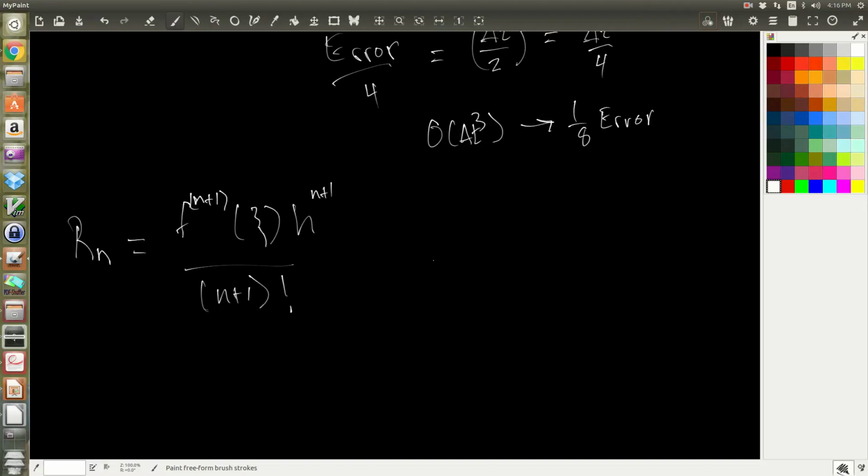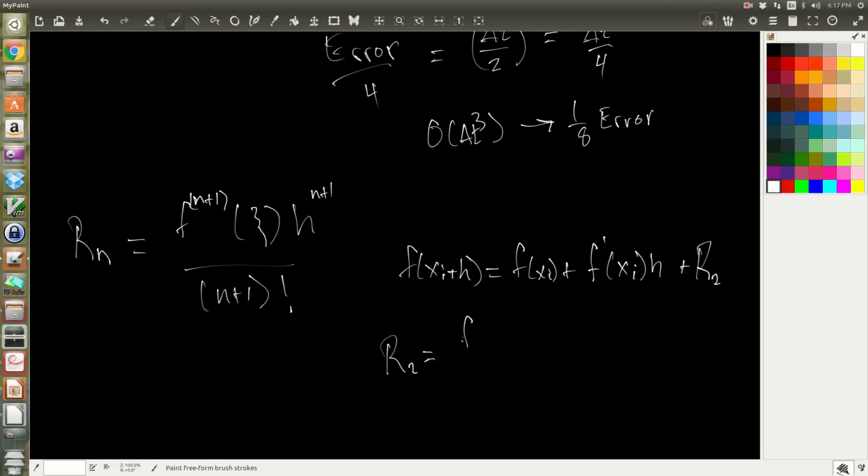So what this means is if I write a Taylor series f of xi plus h, and I only include the first two terms, the 0th order approximation and the first order approximation, f prime at xi times h, that means our Taylor remainder is going to be R2, and that is going to be equal to